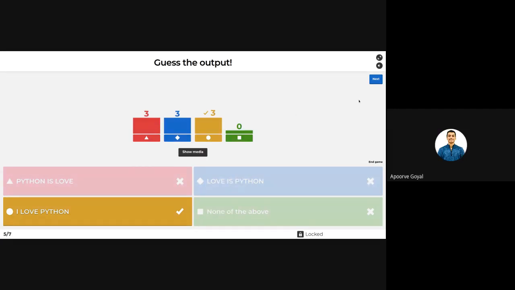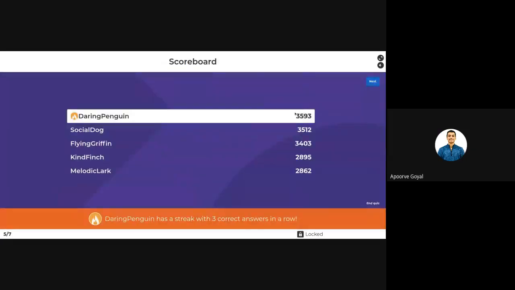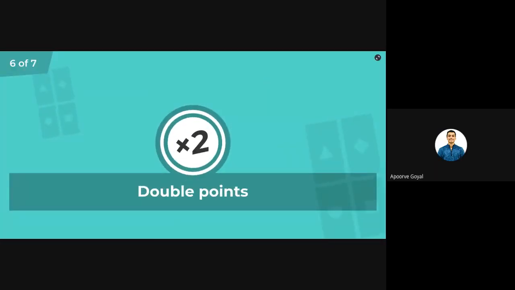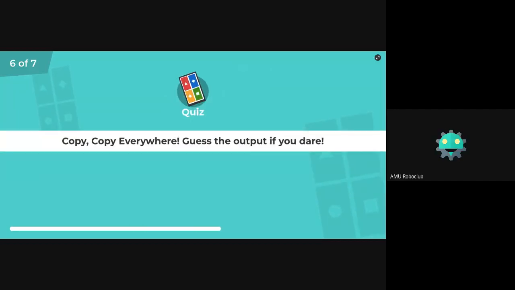Nice, fun of Python. Great work, Daring Penguin. Streak. Oh, lovely, 3 correct answers in a row. And we shouldn't forget Social Dog and Flying Griffin, maintaining their position. Okay, double points for this. Guess the output if you dare.